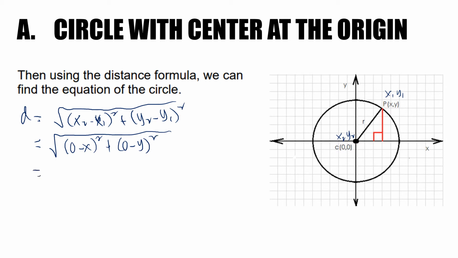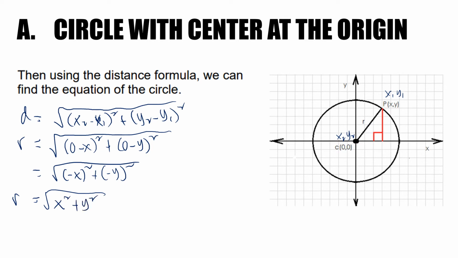Then you are given, by the way, you can change d with r this time to represent the radius of the circle. So here, this will be equivalent to negative x squared plus negative y squared. Wala na yung 0. Inalis na natin yan. And we know, squaring a negative number will give you positive number. So this will be equivalent to x squared. Ito naman, plus y squared. Now, this can be your final answer, but